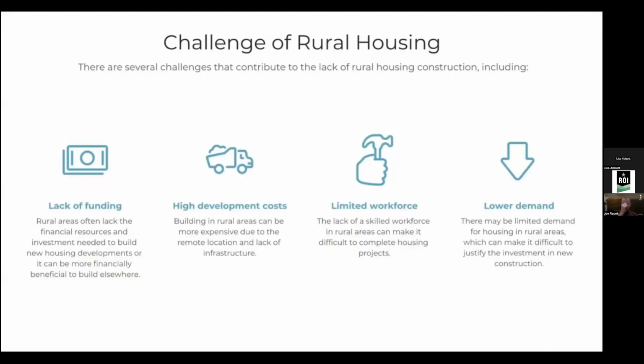So just a short snippet about the challenge of rural housing, and all of you presumably are in the area of housing, so you know a lot of this, but a couple different points: lack of funding, high development costs, a limited workforce, and then lower demand than maybe more suburban or urban areas. The other one that I would add to this is,